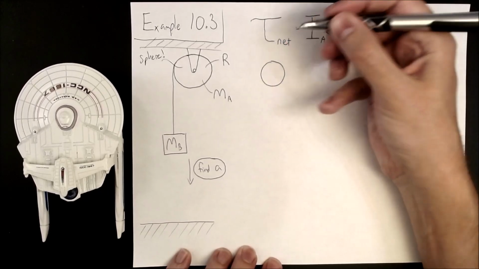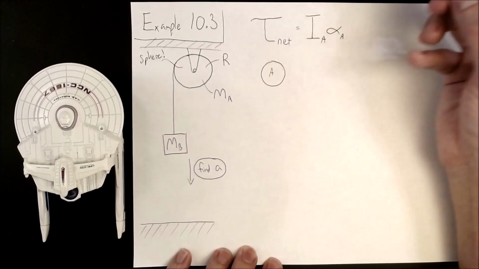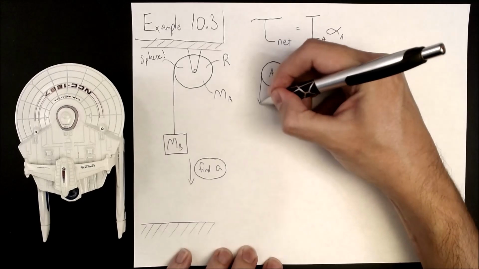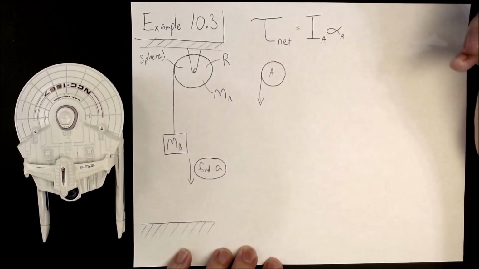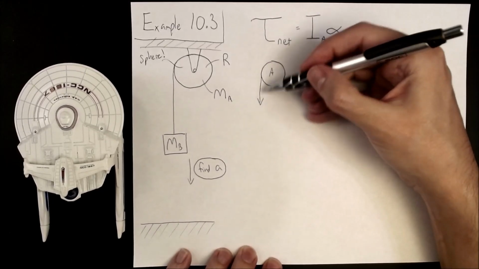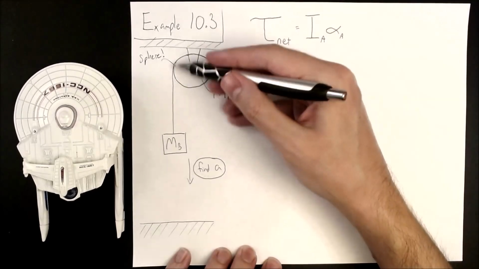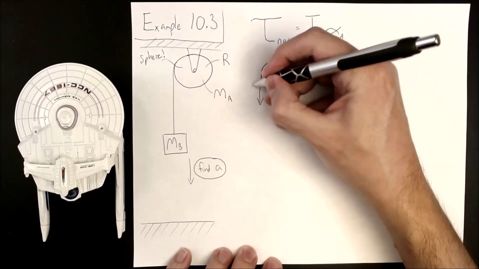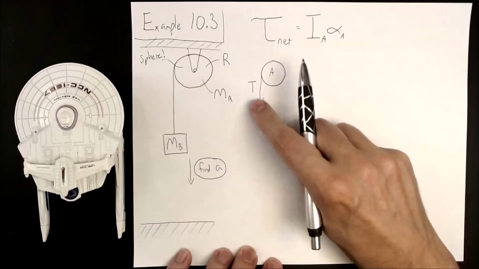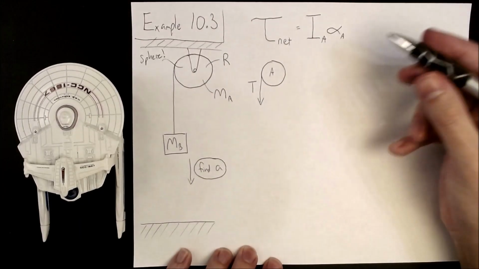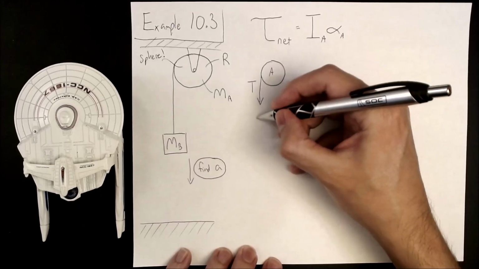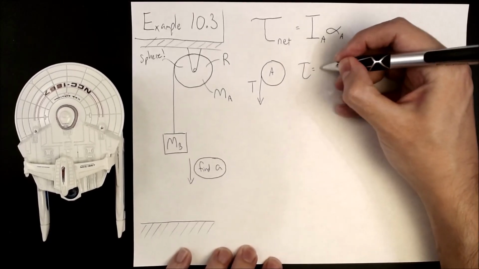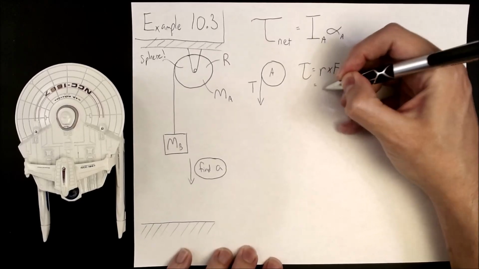Here's A, the sphere A. I'll list all the torques acting on it. Okay, done. Yep, that's it. So, what is this? Well, that's the torque generated by the tension of that string. So that torque is actually the tension in that string. Now we can say, okay, net torque, well, I remember that torque is equal to R cross F,